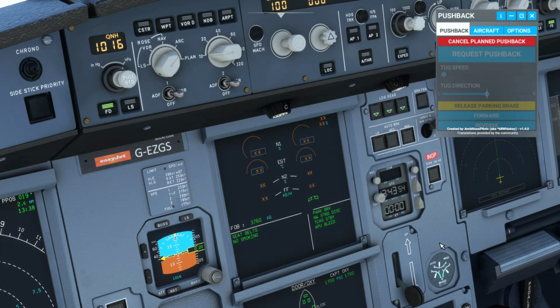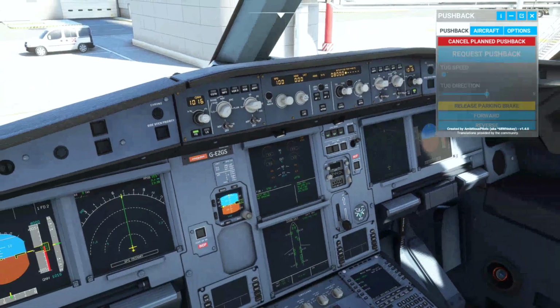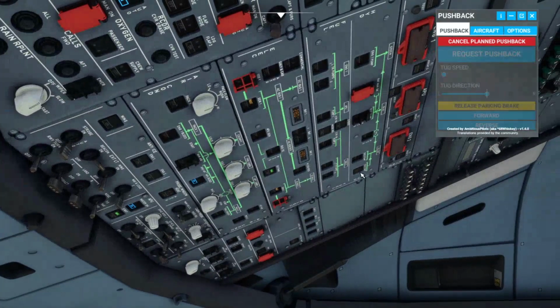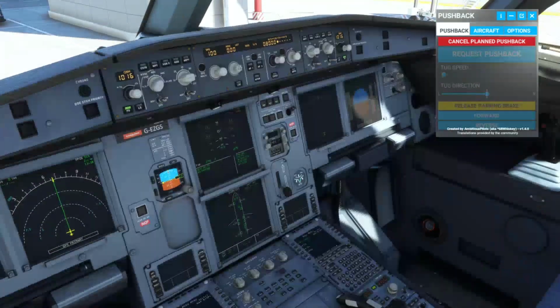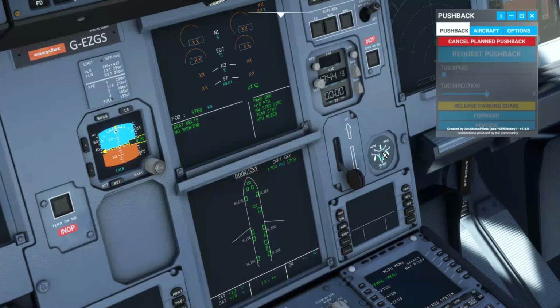There are two ways to pressurize this. This is normally done automatically when the cargo door opens, so if you've loaded in luggage, then opening the cargo door will pressurize this system. Of course, if you haven't done that for whatever reason, you can also use the electric pump up here, and if we now come down and have a quick look, we should start to see that